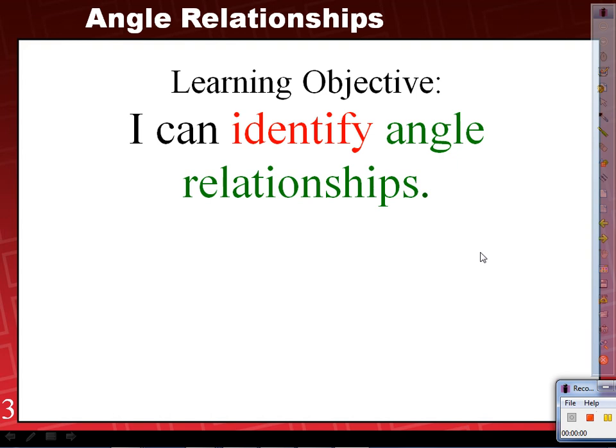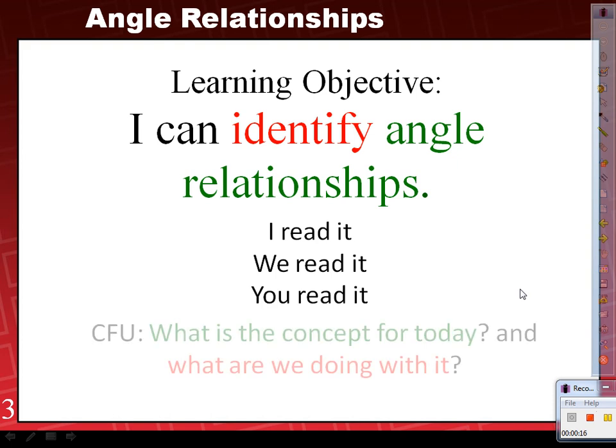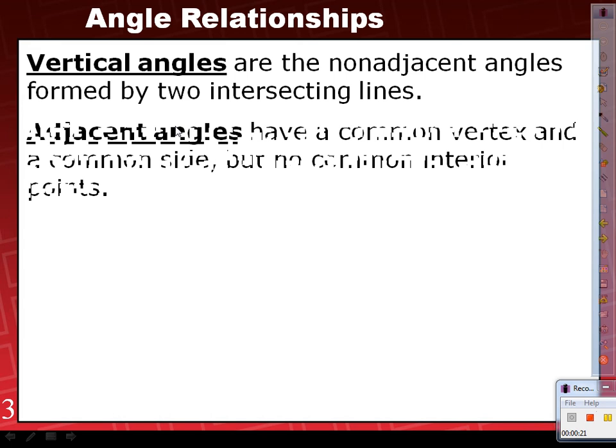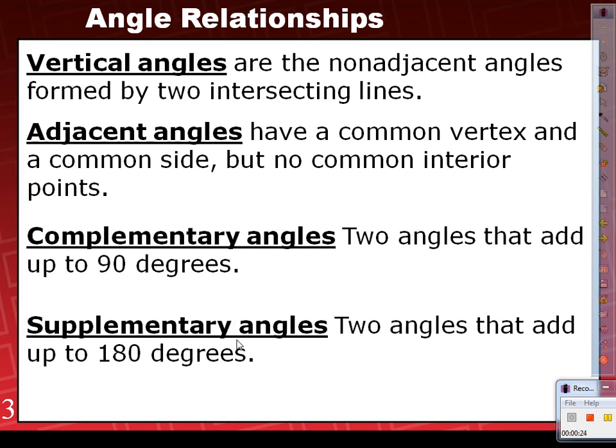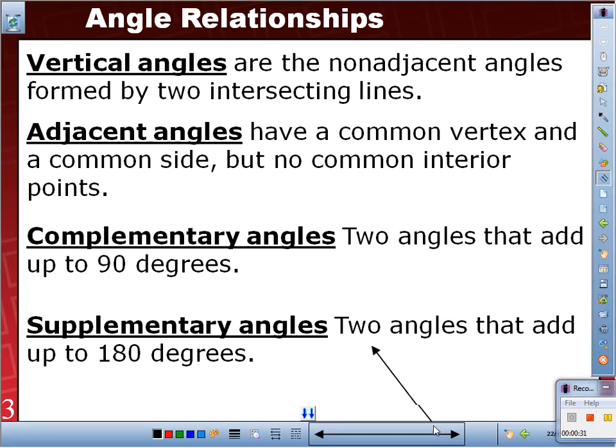All right, so we started this lesson last week, and I briefly introduced it, and I said there's some terminology that I need to cover. And we started with vertical angles. From there, we moved on to adjacent angles. We moved on to complementary, and then from there, supplementary. You guys remember those? And just to recap, if I was to sketch a diagram down here, look up, please,